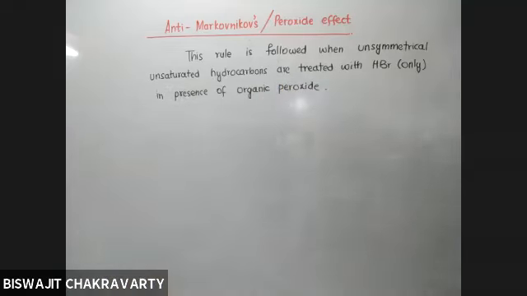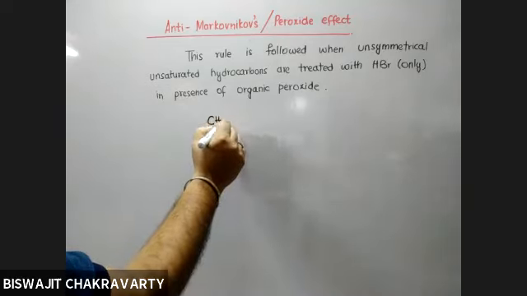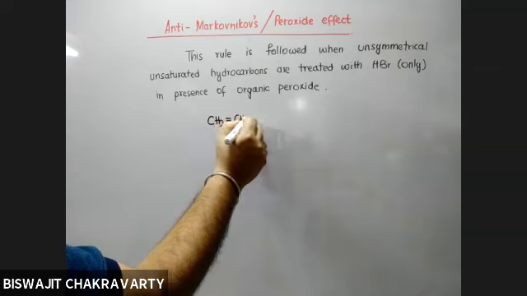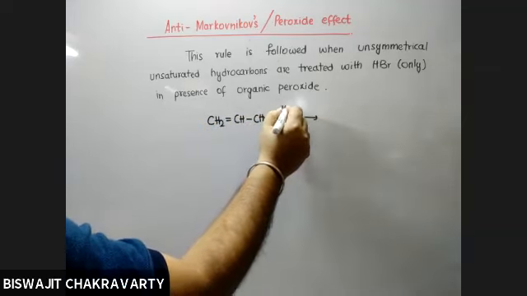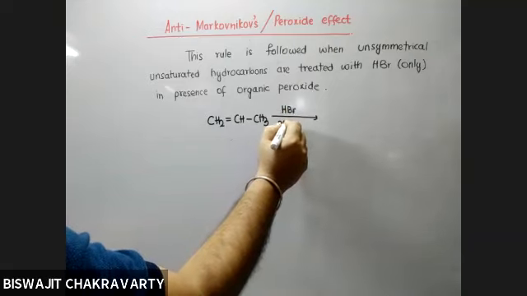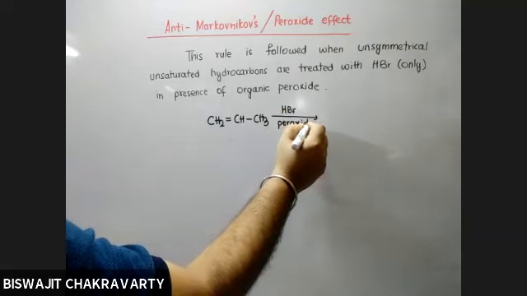Only when HBr is added, that too in presence of organic peroxide. If organic peroxide is not there, Markovnikov's rule will be followed. Which means that if you have an unsymmetrical alkene and you treat this with HBr in presence of some organic peroxide,